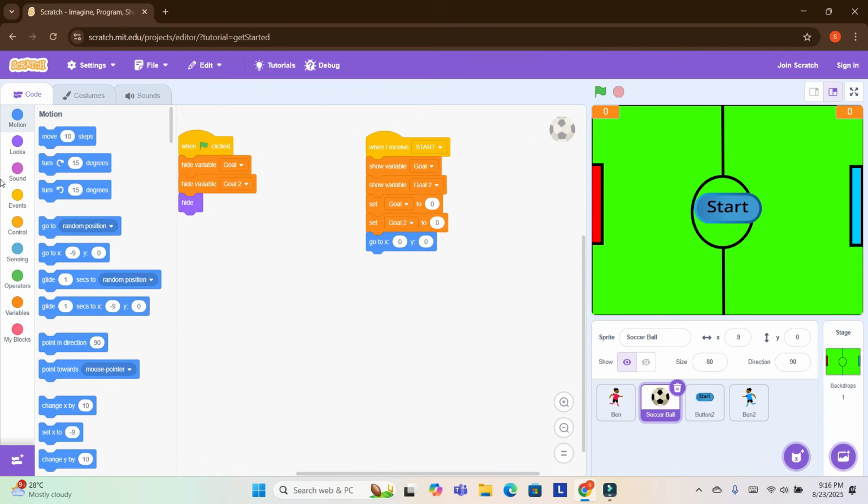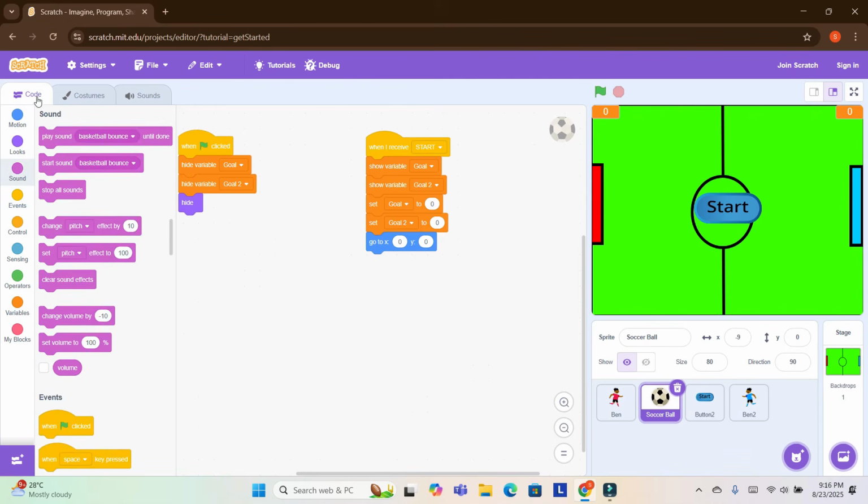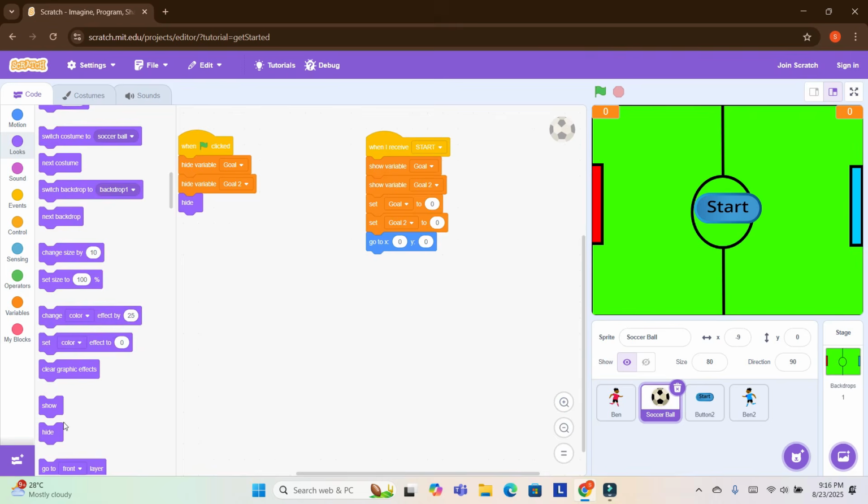I have also taken position, and now I will go to looks, and I will take show block. It shows that when we click on green flag, all our sprites will hide except button 2. But when we click on start button, this start button will disappear and all sprites will appear.